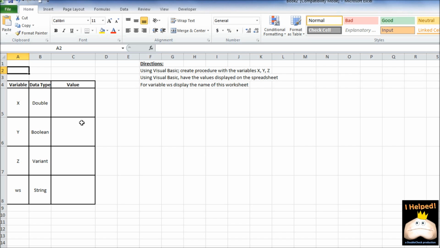In this session, we're going to review the variables exercise. In this exercise, our job is to write a procedure using the Visual Basic Editor that will declare the variables listed as the data types shown next to them. Once those variables have been declared, we want to assign them values and have those values displayed here on the worksheet. To get started, we want to open up the Visual Basic Editor, and we do that by pressing Alt